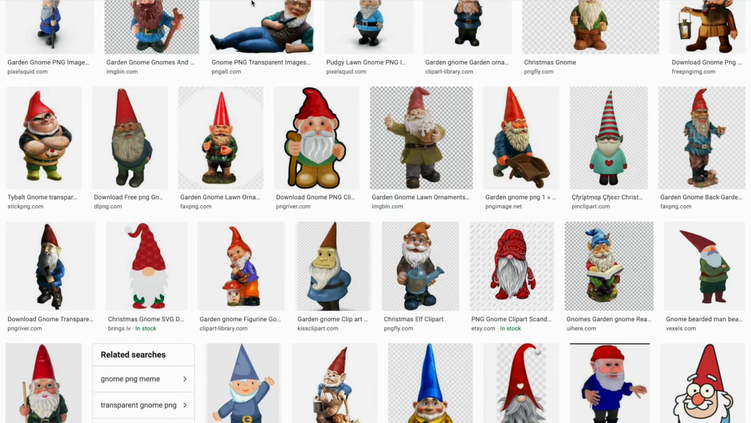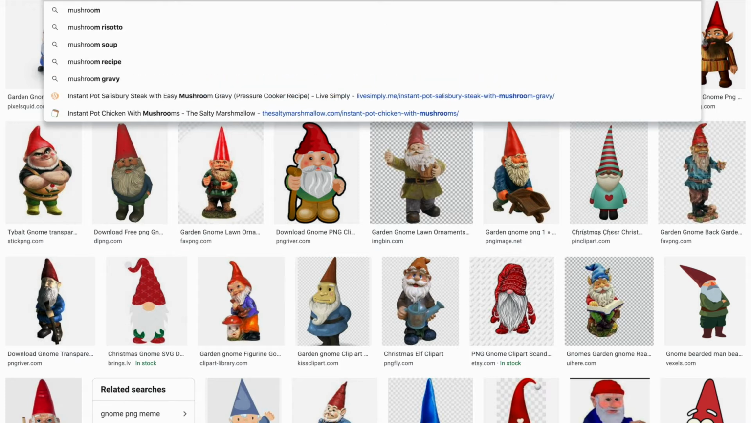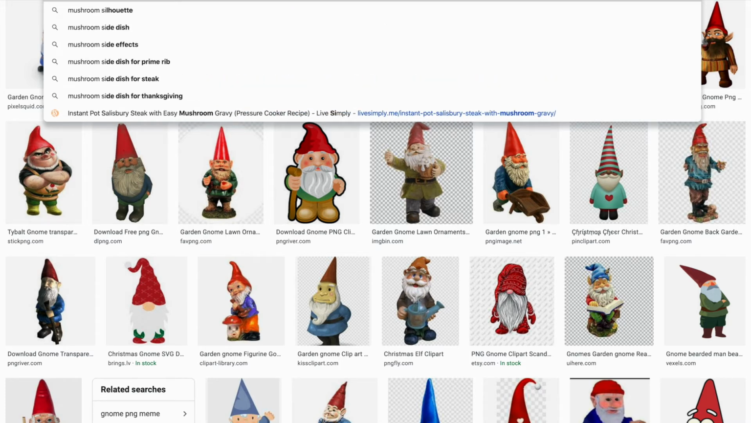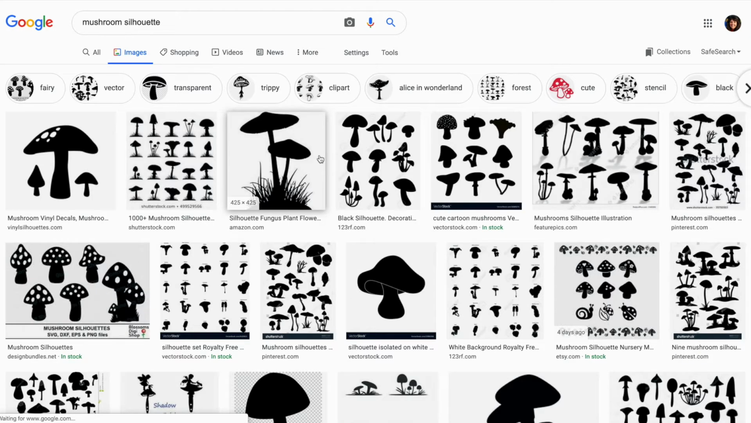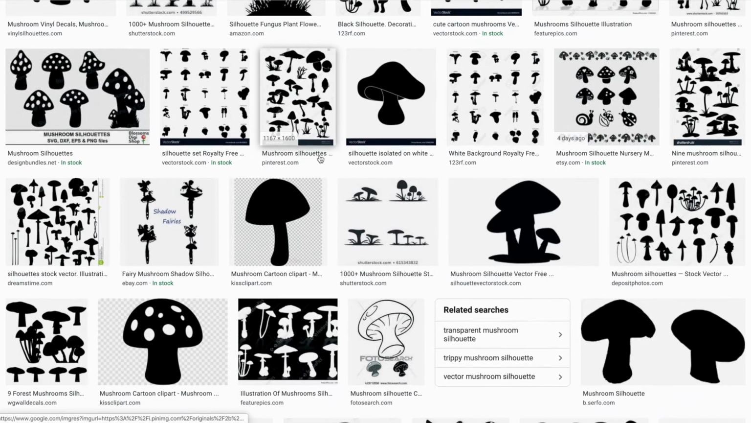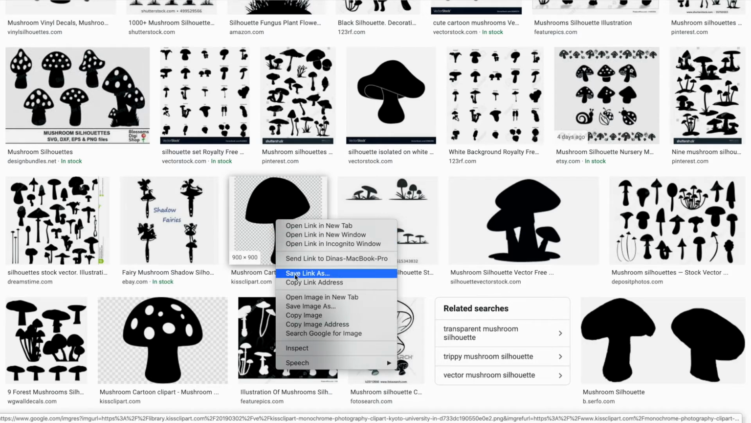And now I want to search for a, I just chose something random, but a mushroom silhouette. And so I'm going to go into images, and I'm just looking for something simple. This one here works. Again, it has good resolution. So I right click and I save the image as,